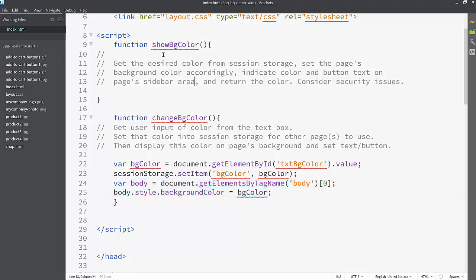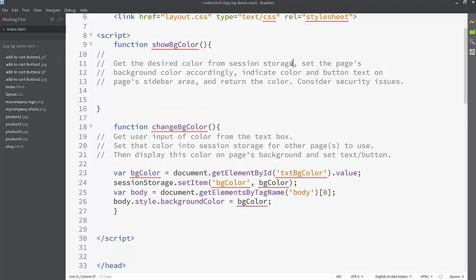And when would this function be called? Well, it's going to be called by this, as well as we'll see when the page loads. So let's get into what this function needs to do. The first thing it's tasked with doing is to get the desired color from session storage. So think of it this way. This function sets it into the session storage, and then when we go to another page, this function is going to pick it up. So instead of set, we're going to use getItem,